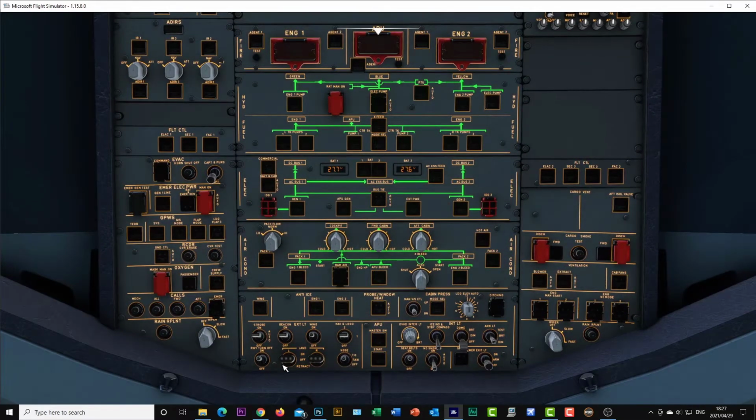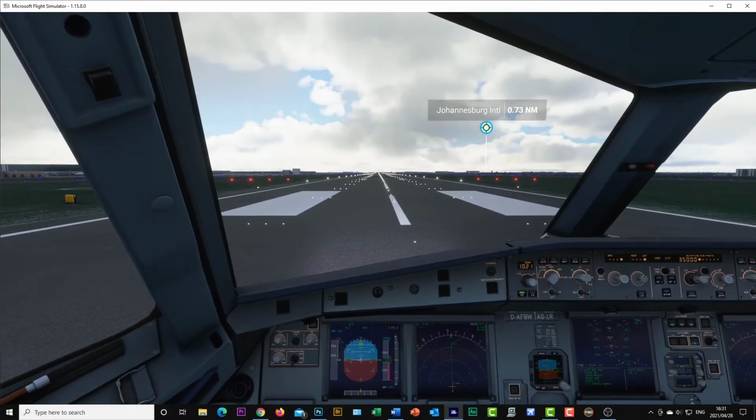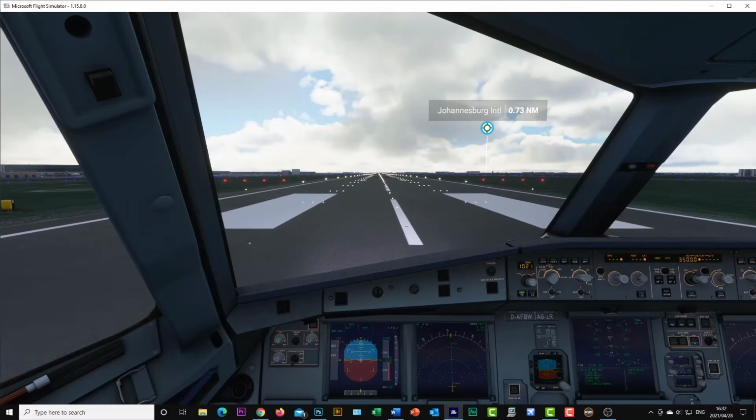We're going to do a PAX off takeoff, so we'll switch the PAX to off. And we don't need any anti-ice today. Spool the engines gently up to 50%, and once they're even, we can put the throttle on TOGA, then push